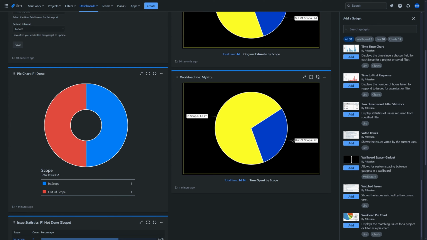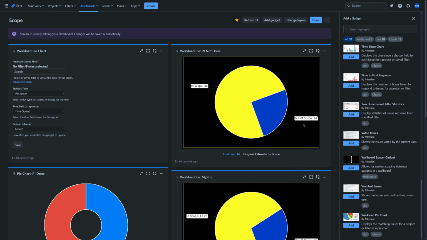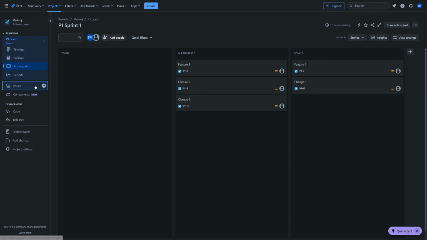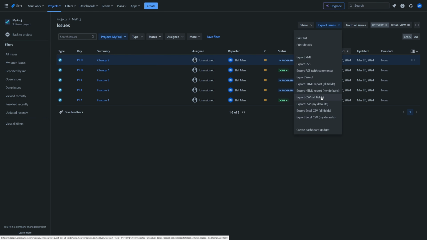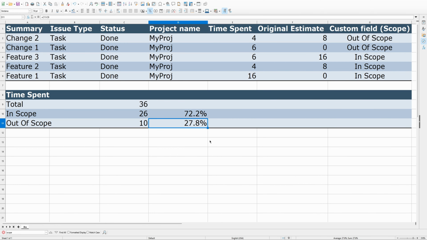This is now way more accurate than just counting the tickets, and it's actually powerful. On this diagram I can see that we worked for that amount of time on items that were originally not in the specs. On this one I can see how much time we need to get all things left done in scope versus out of scope. So I can go and check if everything is within the budget. And if you need more or just prefer to stay within your comfort zone in Excel, you still can export everything to a CSV or Excel file and do whatever you want there and take the scope into account.